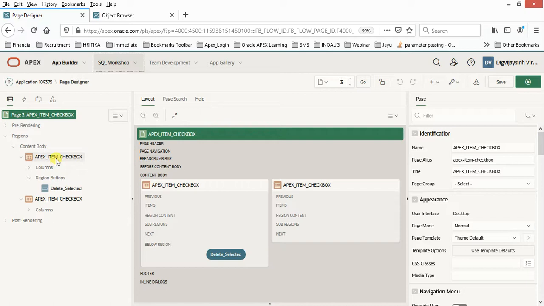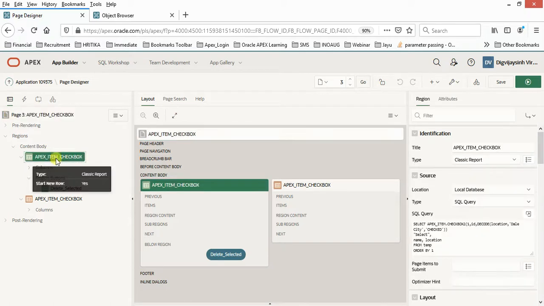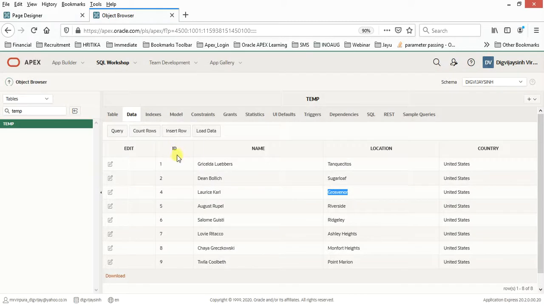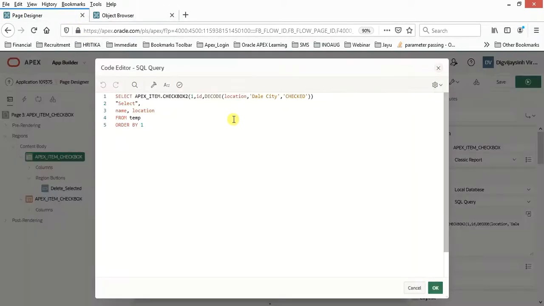So I have already created one region for you, and this is a classic report. As far as the data and code is concerned, let's understand this one. Select apex_item.checkbox, then you can give the ID of it, that is this one. Then second is decode.